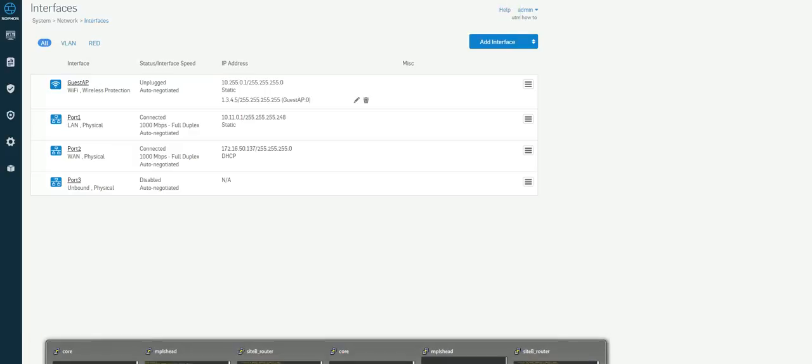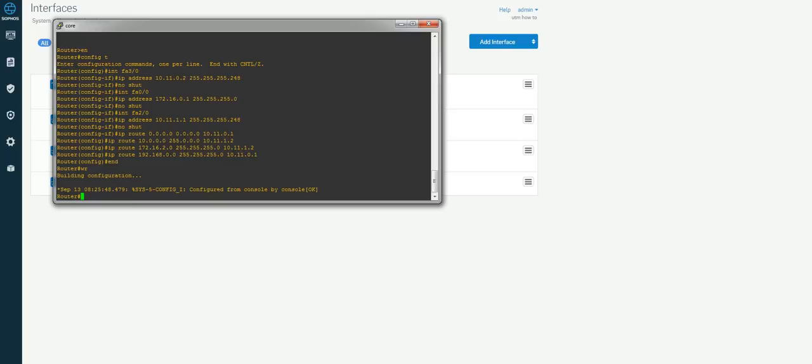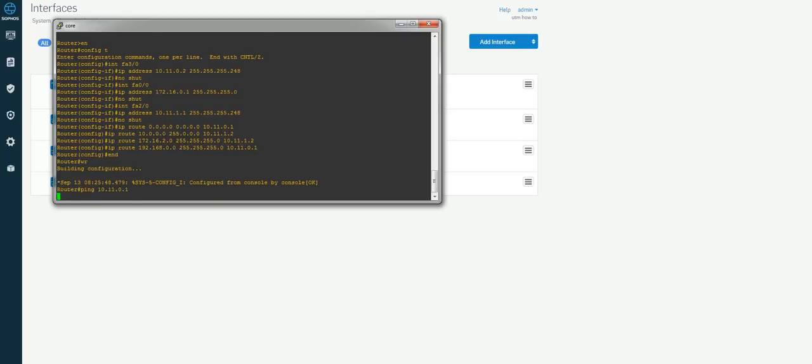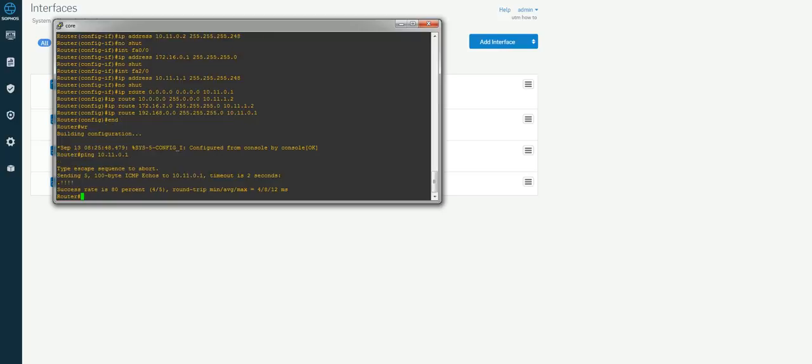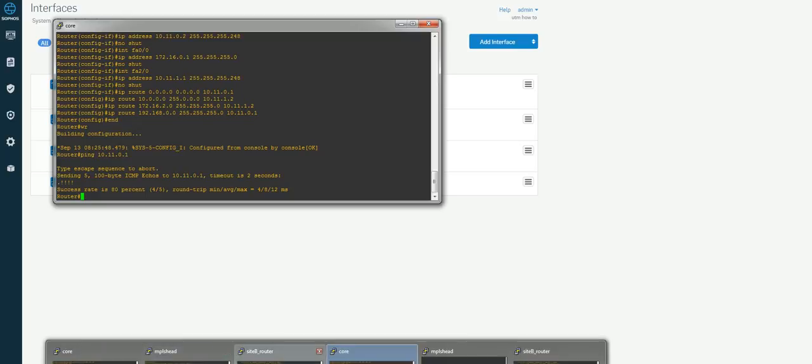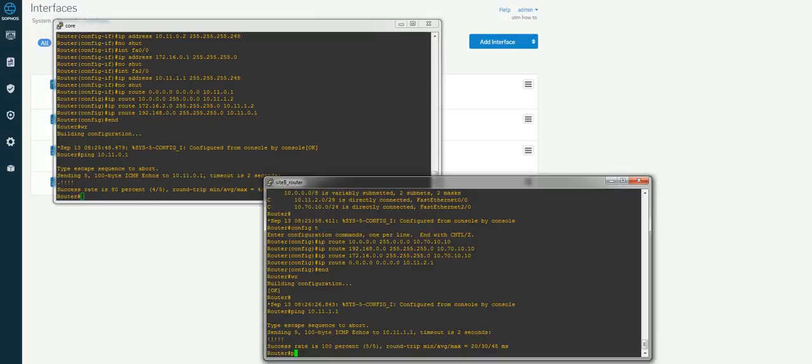But I should be able to ping from the core. If I go on the core, I should be able to ping 10.11.0.1. Hopefully. Yep, I can. So that's good. So then I should be able to go on Site B's router and ping the 10.11.2.1. That's the